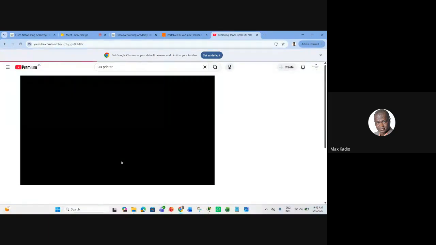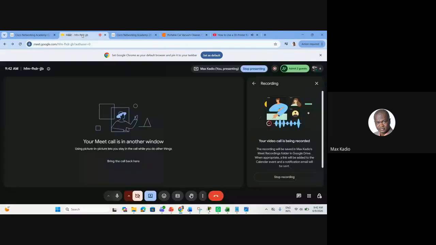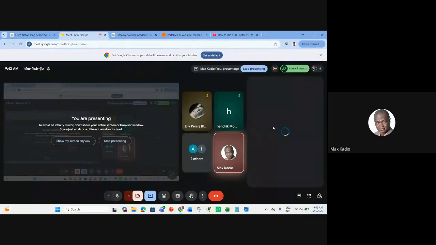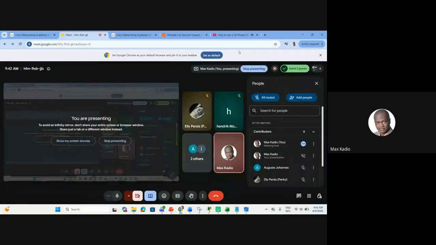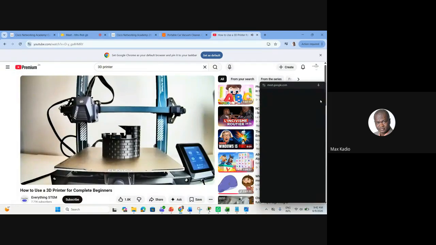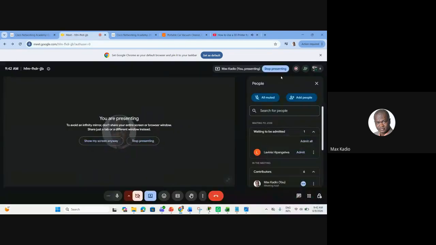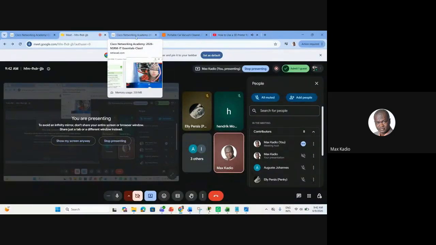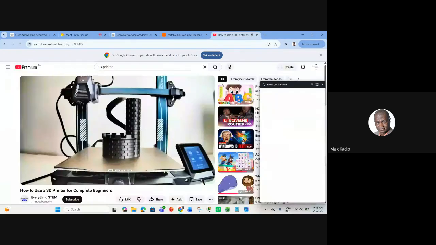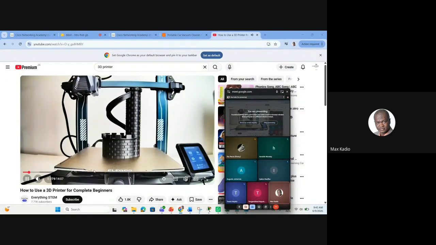Okay, let's check. So if you want to learn more about 3D printers, you can look it up.